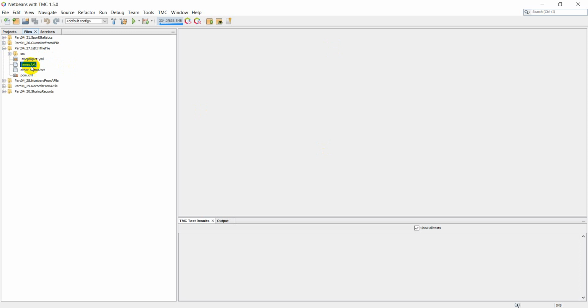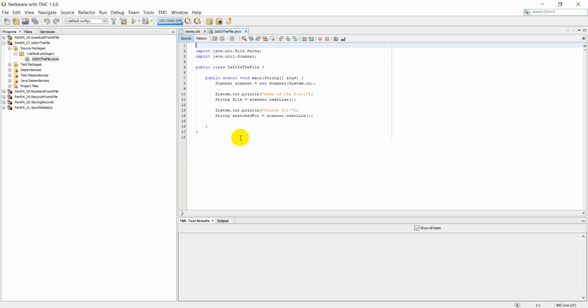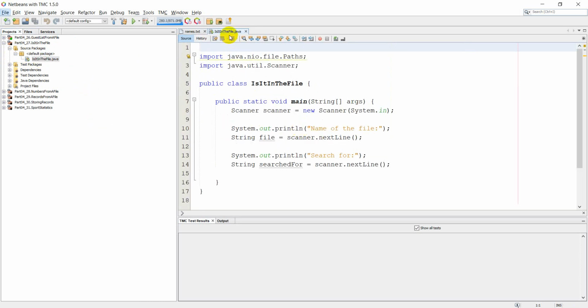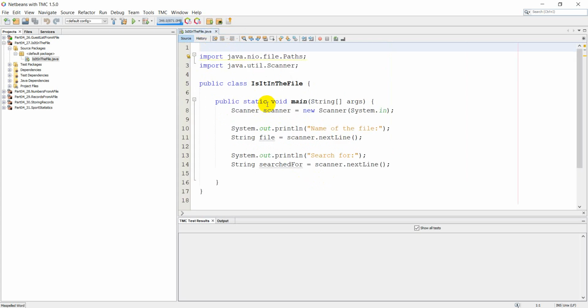Okay, so there are two text files being provided to us. Okay, it's the same thing. This is the "Is it in the file" exercise, right? So let's write it. Some template code is provided to us, and the template code has already asked us for the name of the file and the string to search for. Now we need to just read the file. So, implementation of reading